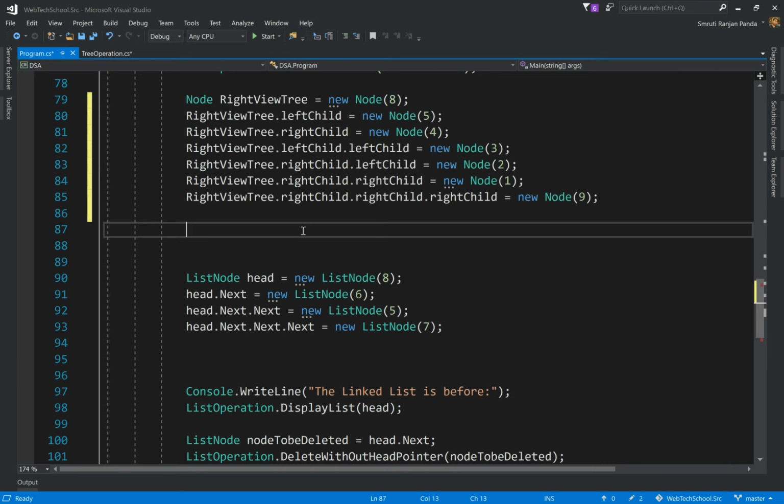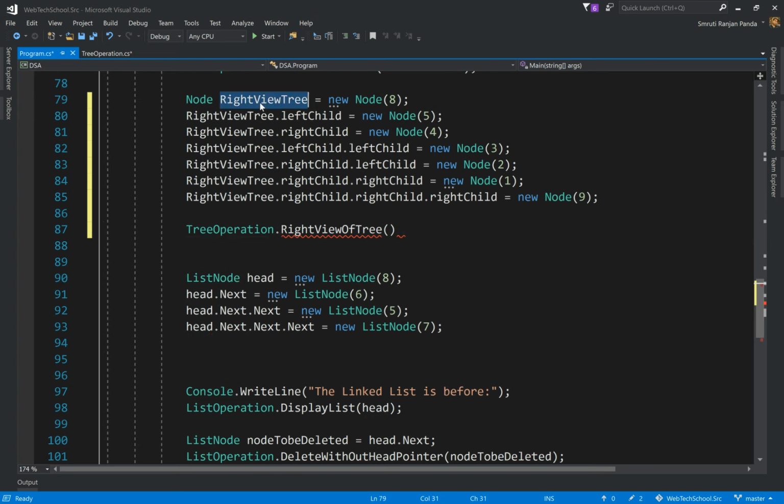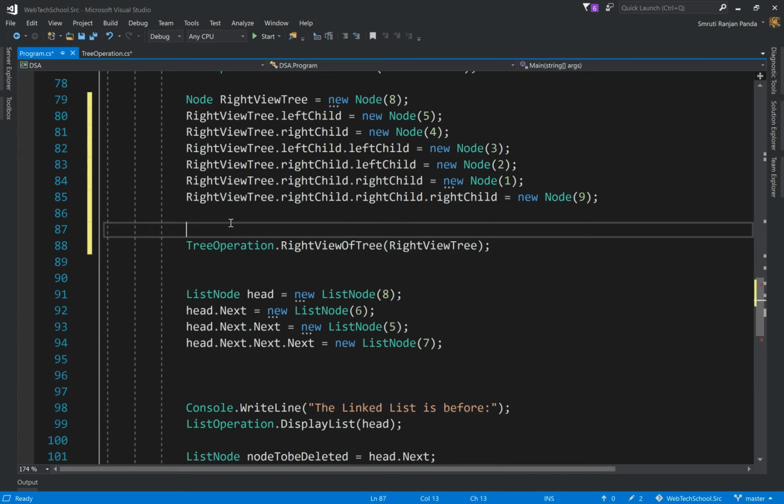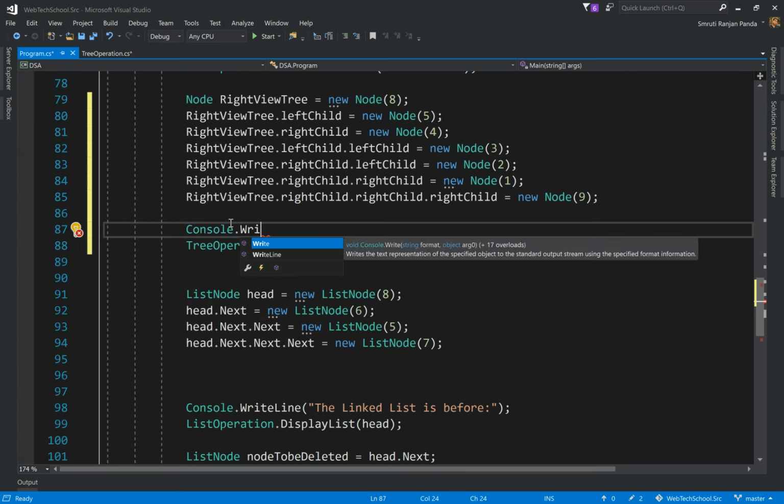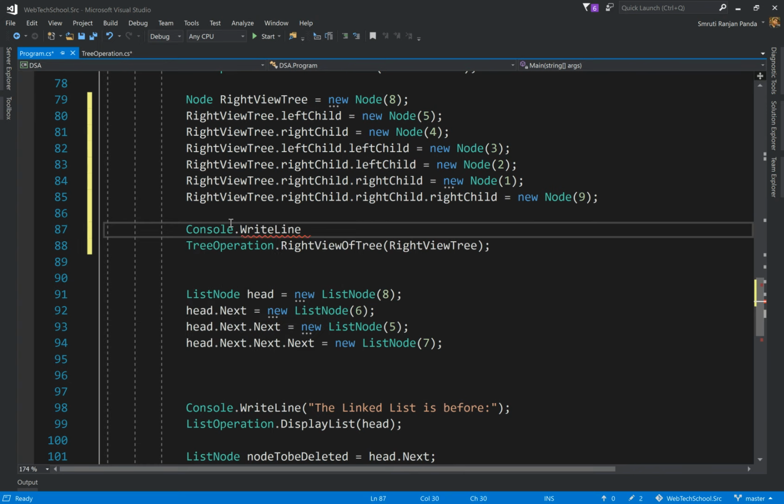For verifying the implementation, I'll just call the method TreeOperation.RightViewOfTree, and this expects the root node, so we'll pass the root node. Before this we'll add a console statement just to identify our output: Console.WriteLine, let's say "Right view of binary tree".